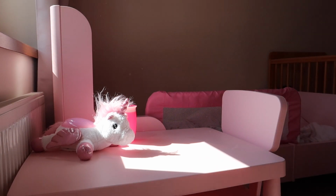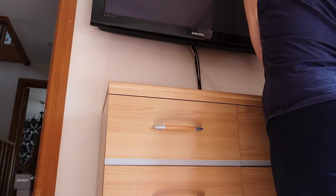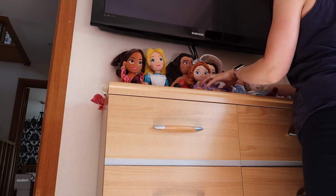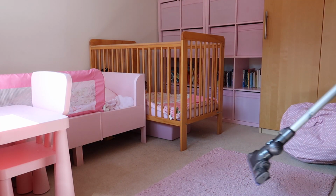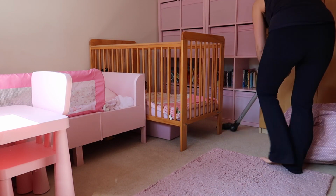So Zara's room is not far off done now as we're on to dusting, moving all her bits and pieces, dusting around them and then putting them back neatly. We're also nearing the end of the power hour time that I have allocated before we've got to go and do other things. So it's just a case of really cramming as much in as possible and rushing around, just fitting in as much as I possibly can these last few minutes, giving Zara's room a little vacuum and